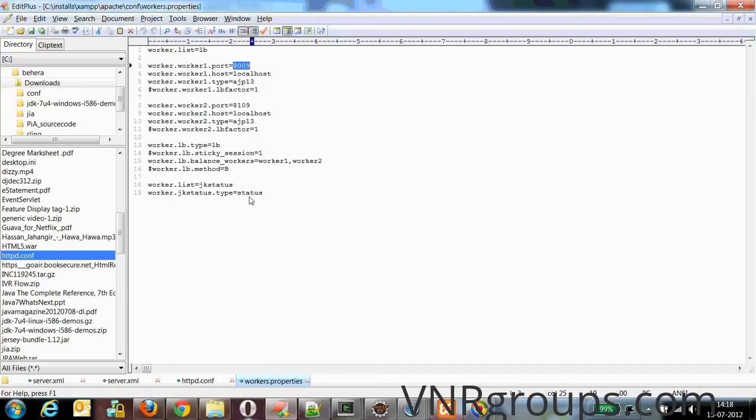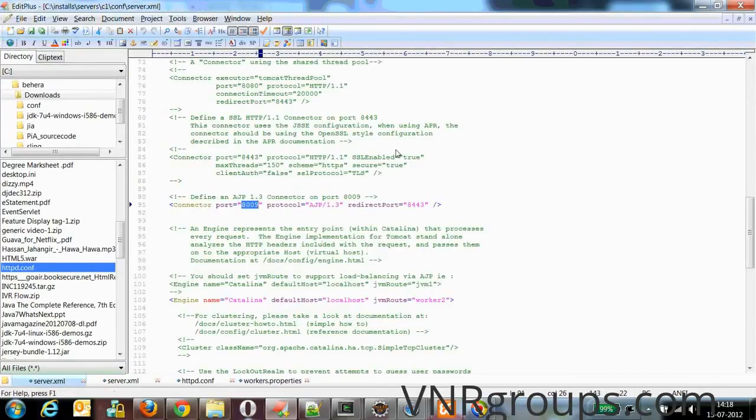A few more things you have to change in your Tomcat server.xml file. You open your server.xml file and you'll find an entry called Engine. There you have to specify your jvmRoute, directly related to your workers properties file.